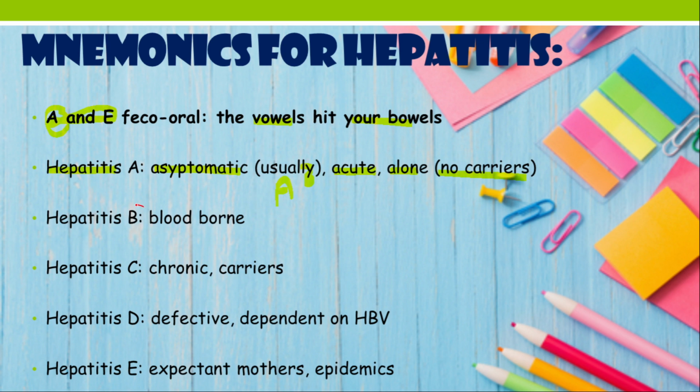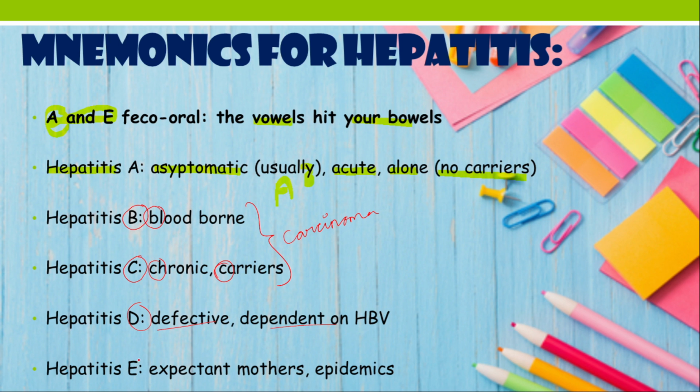Then comes hepatitis B. You can remember it as BB. Okay, blood-borne hepatitis B we know clearly, and hepatitis C you can remember as chronic and carriers. Okay, with the help of these alphabets you can remember, and both of these, hepatitis B and C, are very clearly associated with carcinoma. Then comes hepatitis D. It is a defective virus. It is not that strong. It is completely dependent on HBV. So it is very easy. As it is defective, it depends on HBV only.